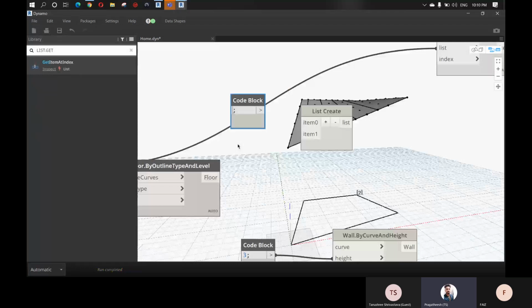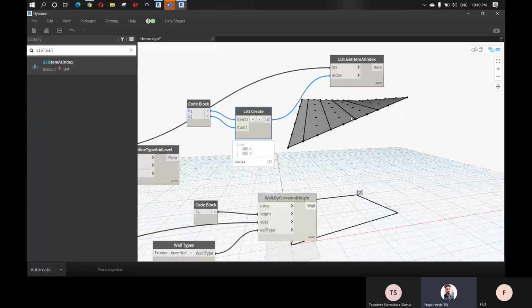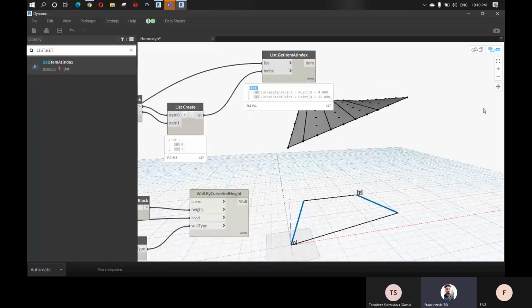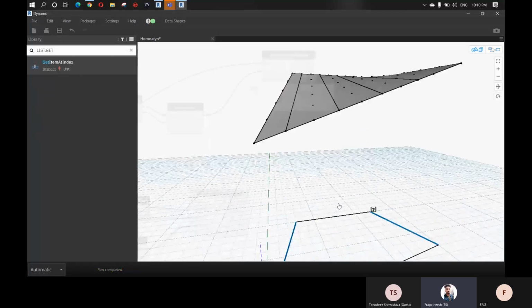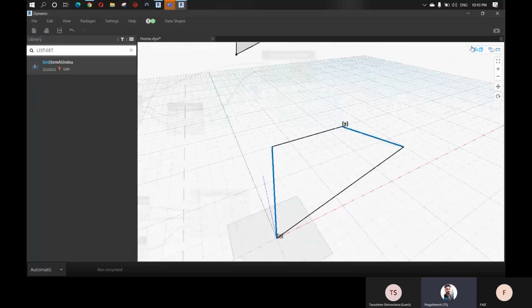We want the item at index 0 and the item at index 2. We have a list of 2 items. Connect this to the index here. Now we can see we got both the left and the right. You can see the left and the right lines are highlighted in blue, right?